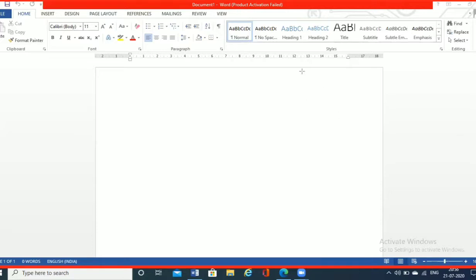We'll first talk about the title bar. I'm making it in yellow color. What is a title bar, everyone? Title bar is the title or the name which is given to the document which you have created. The name which you give to your document or your file is present in the title bar. So the title bar is the one which shows the name which you have given to your document. This is known as the title bar.